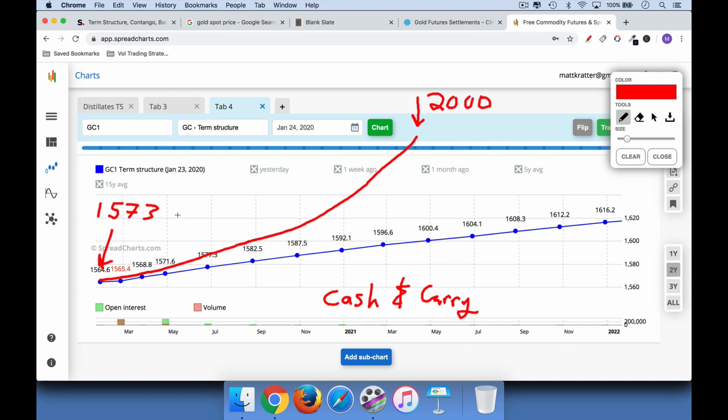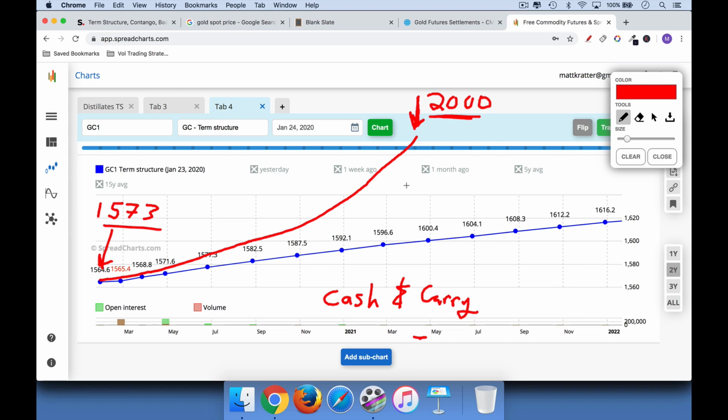Well, what I can do is buy cash gold here. I can store it, I can insure it, put it in a very secure vault. And then I can enter into an agreement to sell it 12 or 18 months from now at a much higher price. Once we get to 12 or 18 months out, I will have locked in that price. I will deliver the gold. If I want to deal in the physical, I'll take the gold out of my vault, give it to the people who agreed to buy it from me in, call it April of 2021, and I'll collect $2,000 an ounce.